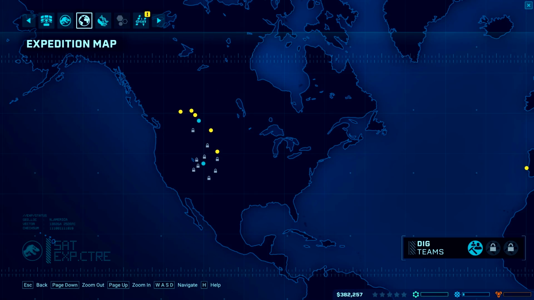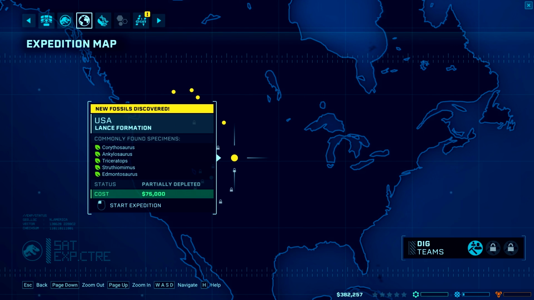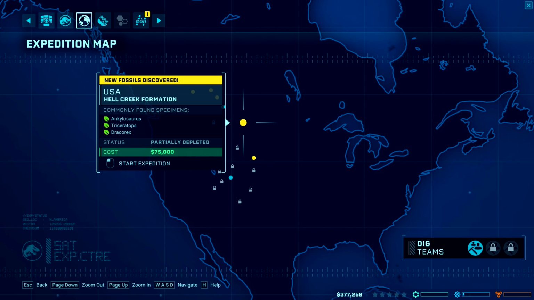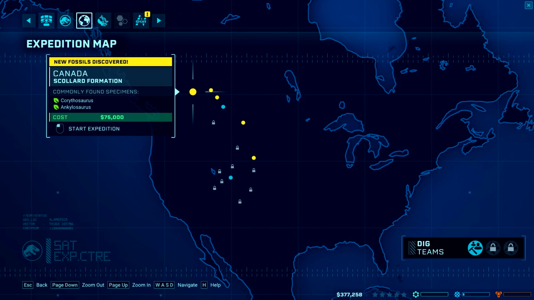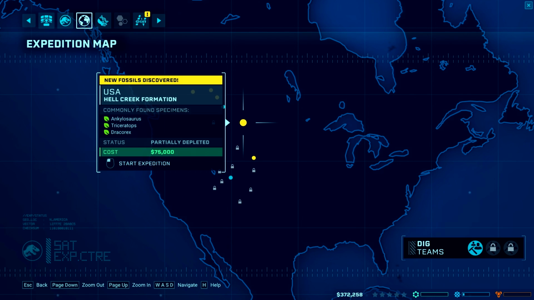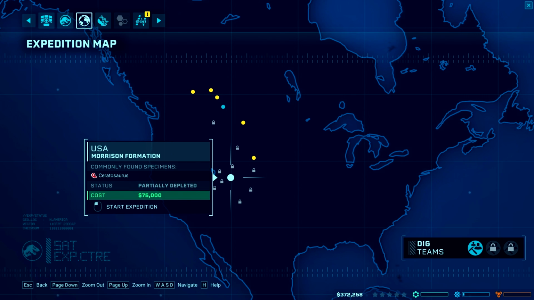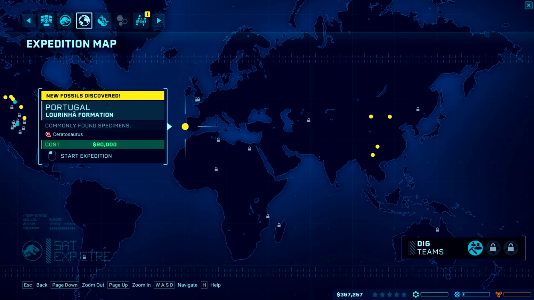Alright, so I got my expedition center. We can start sending out expeditions. And now that we have 2 expedition centers, there should be a few new ones in here. Corythosaurus. Ankylosaurus. So are these different? I think these changed, some of these. Or there's just new ones. So Corythosaurus, Admonosaurus, Struthiomimus, Dracorex. So we can definitely get Ankylosaurs and Corythosaurs, but do we have any other ones? That one's still closed. Oh, there's more of them over there in...